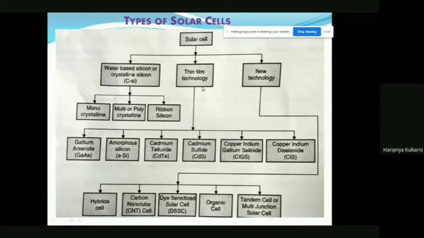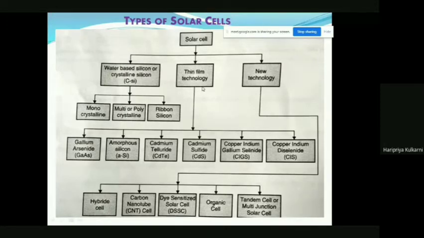So if you see the dictionary meaning of amorphous, you might be knowing that it is non-uniform or it is up and down. The surface is not very smooth. So here there are no single crystal regions, but multiple crystals with multiple dimensions are used, and hence the structure looks like amorphous, and hence the name amorphous. So here we have completed the first type, which is wafer-based silicon or crystalline silicon, wherein the basic wafer is of silicon, and with different grain sizes and different crystal structures, we have five different types.